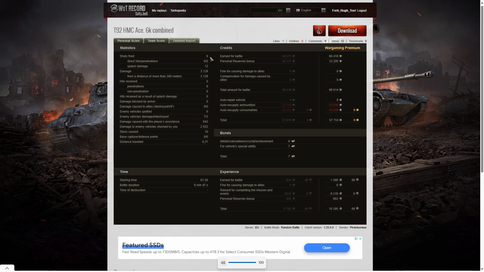I was reading that he had 1 HE round left, so he actually did have other rounds, because this thing carries 16 rounds in total. He had 6 direct hits on the enemy, none of them penetrated, but he did get 12 splash, damage of 3,129 hit points, all of it at more than 300 meters, damage 7 of the enemy, killed 2, and did 943 hit points of damage assist,